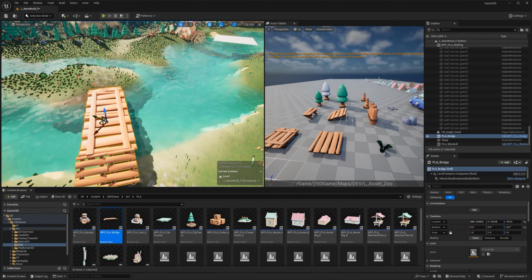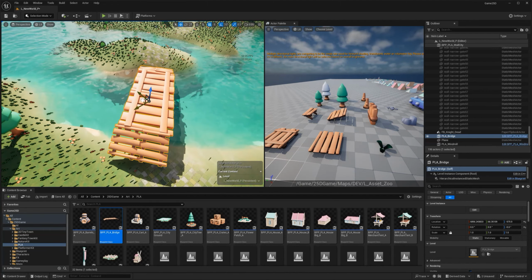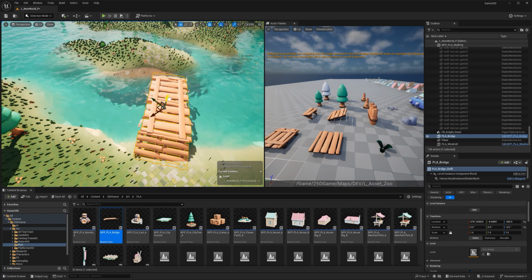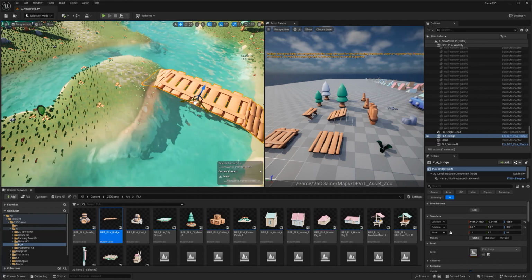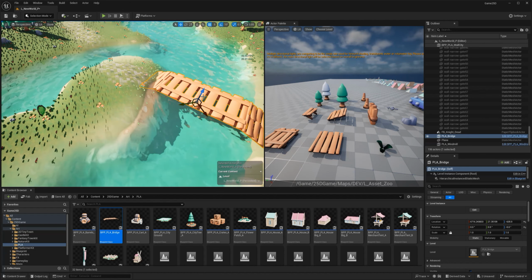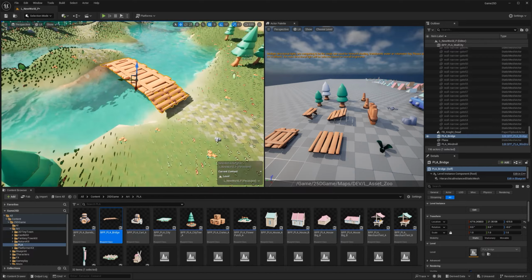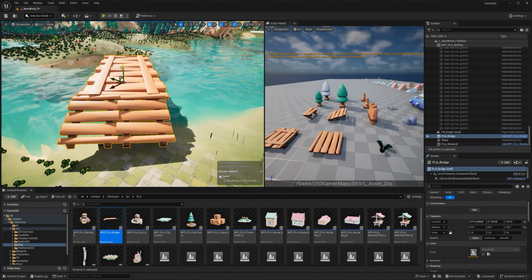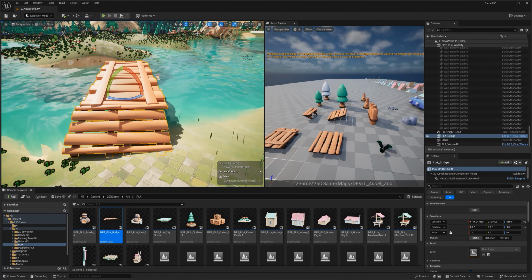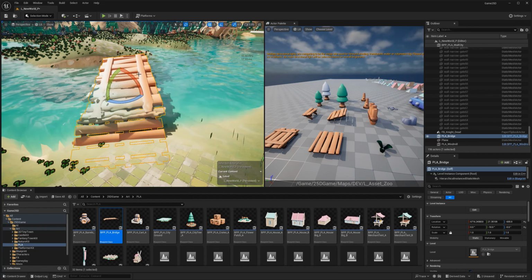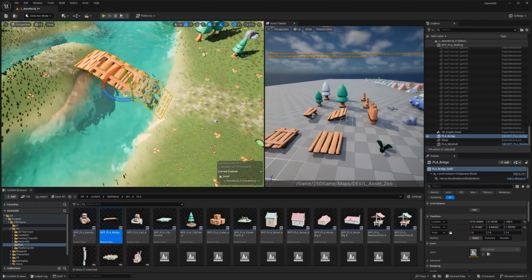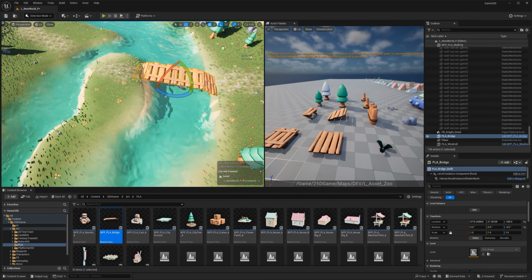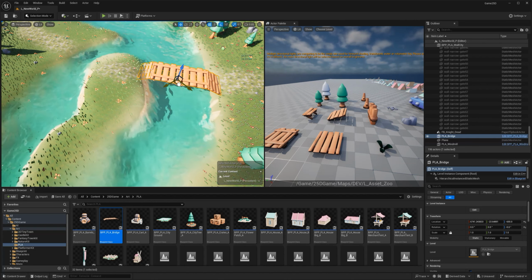Well, I don't know if that's a bug or that's me just not knowing what I did wrong, but I could swear that you can do that. Maybe not. Doesn't matter because that's working for us. We just need to make sure that, and we can always, by the way, just go back and make changes to our landscape if we need.